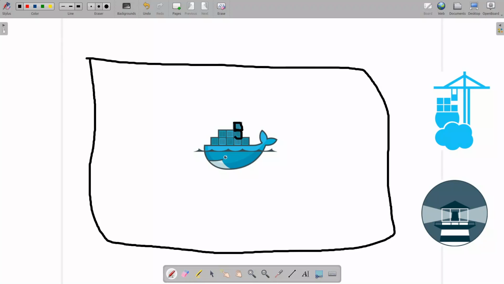They can talk to each other by network or by file means, but that's not related to our video. You can check out the differences between containers and virtual machines,